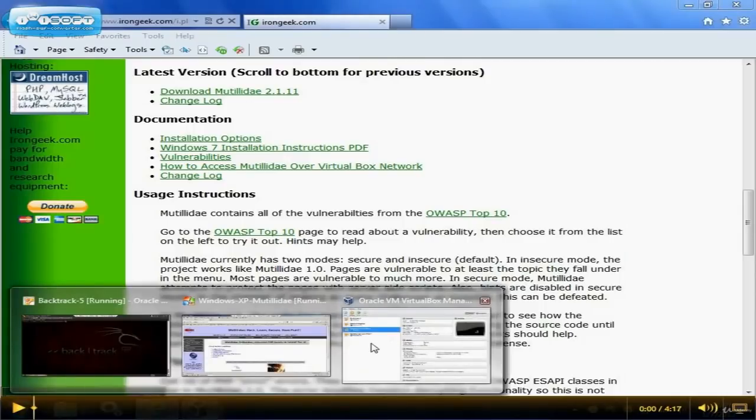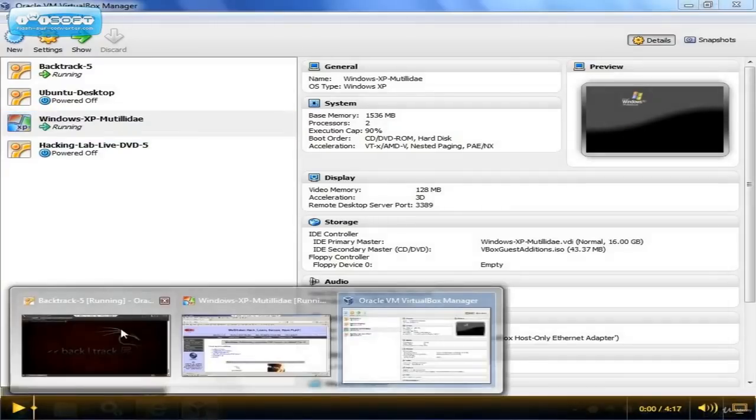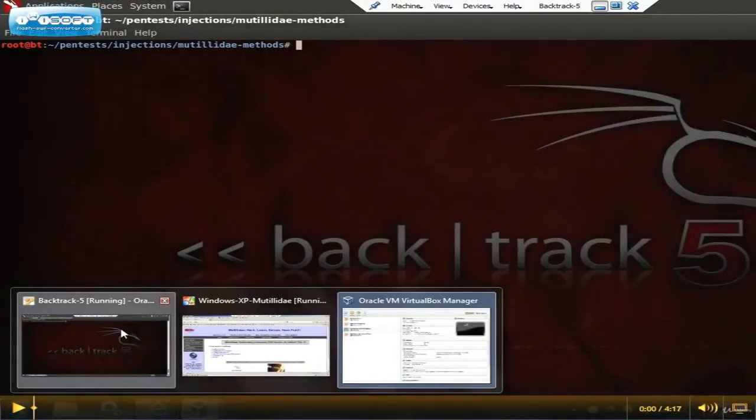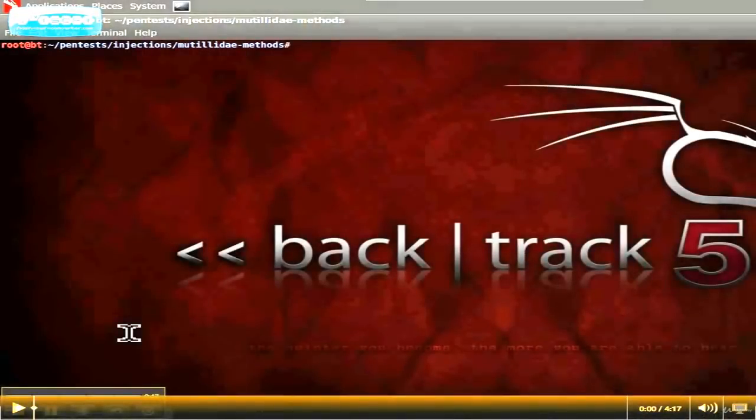Our lab is going to be a VirtualBox network with Windows XP acting as our web server, Mutillidae installed, and BackTrack 5 running as well. We're going to switch over to the BackTrack 5 machine, and the first thing we need to do is figure out where the Mutillidae machine is on the network. We're going to use nmap to figure that out,